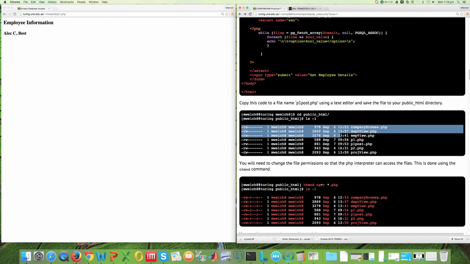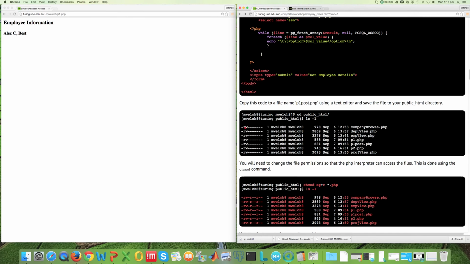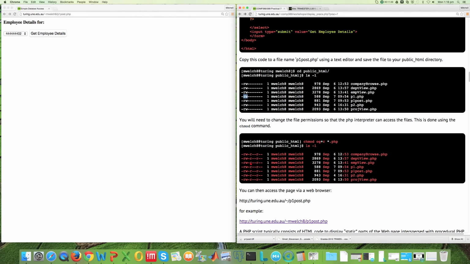So you can see here, this is an example before I set up my scripts. I haven't actually set up the permissions on them, so only I can read and write those PHP scripts. So P1 and P1 post here, I only have read and write access. Now, in order to actually execute them and have them come up as web pages and have them interpreted by the PHP interpreter, we need to give the PHP interpreter access to that,